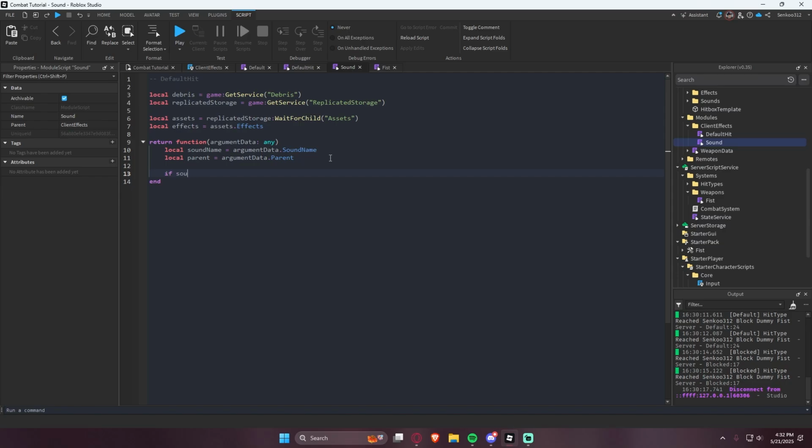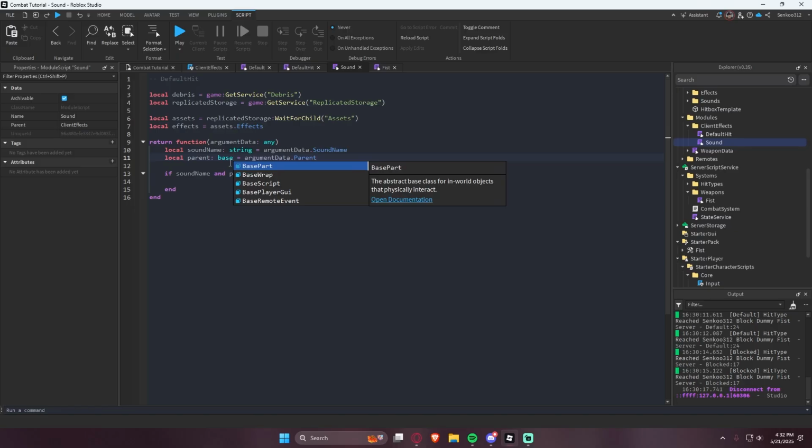Now if sound name and parent, then let's make that a string, and this should be a base part, or it's fine, we'll just keep that empty because we don't know what it's going to be. But what is the base part question mark, because we don't know if it's actually going to be a base part. And then we can say local found sound equals nil,